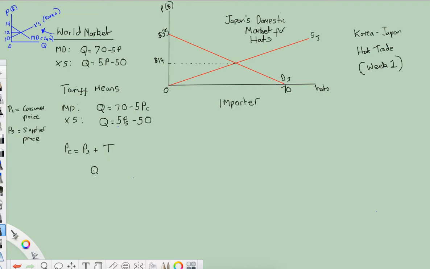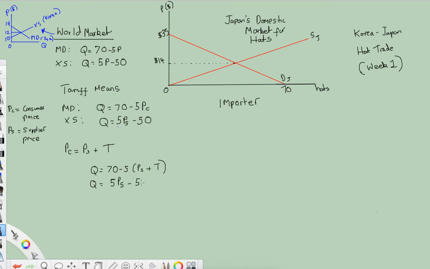So we have Q equals 70 minus 5 times PS plus T. That's the import demand curve, and we still have Q equals 5 PS